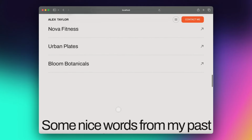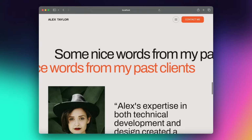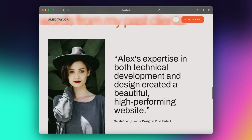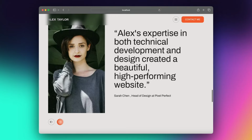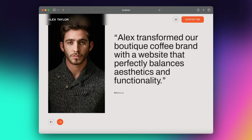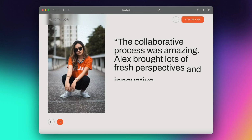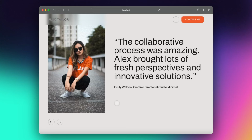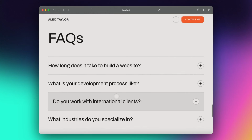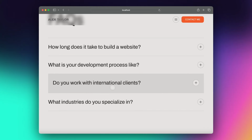As we scroll down to the Testimonials section, you'll notice dual titles animating in opposite directions, giving this section a sense of depth and polish. And as we navigate through the testimonials, we see a beautiful quote reveal animation. Not only will users focus on what the testimonials say, but the polish of the animation will highlight your attention to detail. Even the FAQs section has graceful hover effects and smooth, buttery animations, delighting users and keeping them engaged